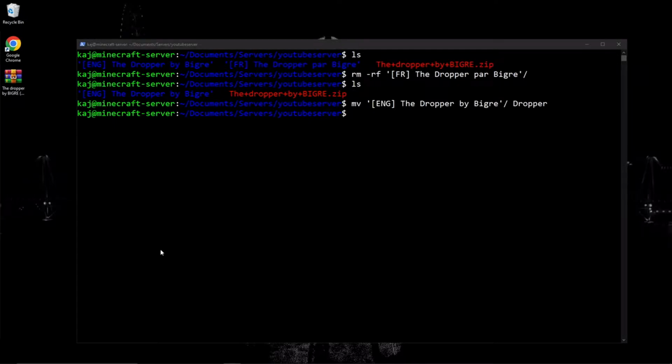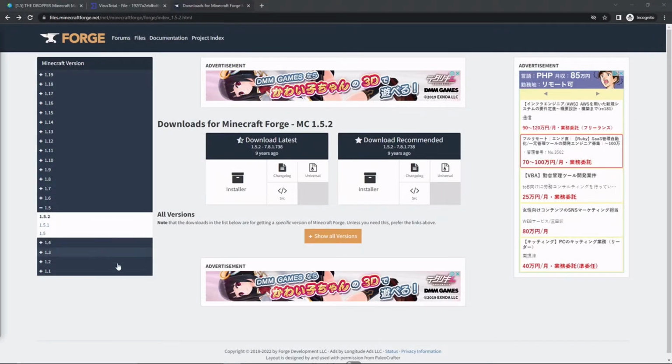I actually did say that I won't be covering the whole step of setting up the Minecraft server, but since it is a different version, I might as well just go through the process. It is fairly quick, so I will do so now. Alright, so head over to